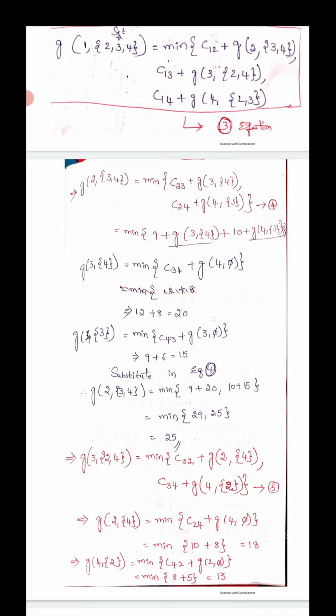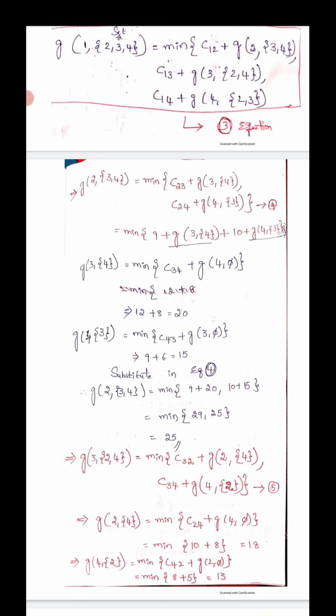Look at equation number 3. We can get g of 2 comma 3 comma 4. We need to solve it. Now likewise we need to calculate g of 3 comma 2 comma 4. Okay, next by using equation number 2 we need to find this also. Minimum of I comma j, c suffix I equal to 3, j in the sense 2, plus g of j, how much? 2 comma set 2 comma 4 minus j, in the sense 2. 2 gets cancelled, how much remains?